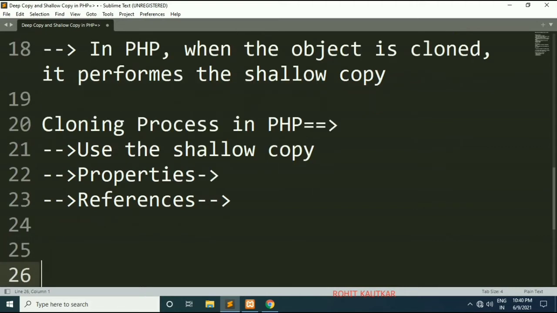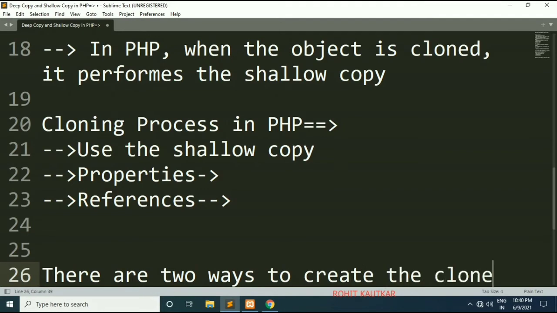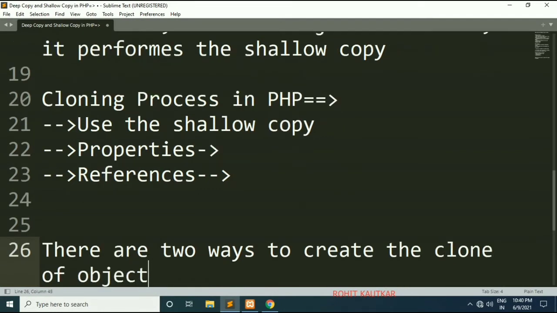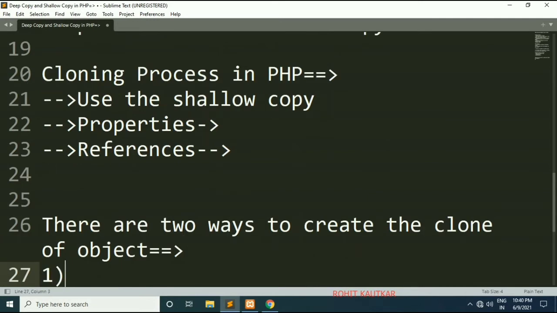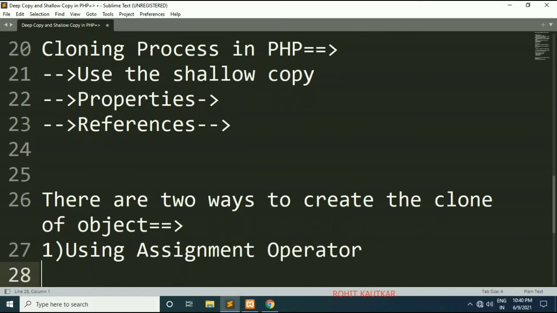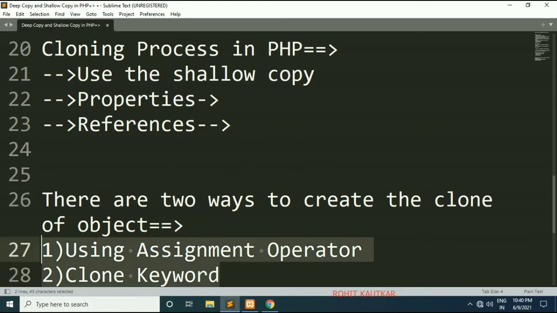So friends, there are two ways to create the clone of an object. First way is using the assignment operator. Second one, using the clone keyword. These are the two ways to create the clone of an object. Both by default create a shallow copy.